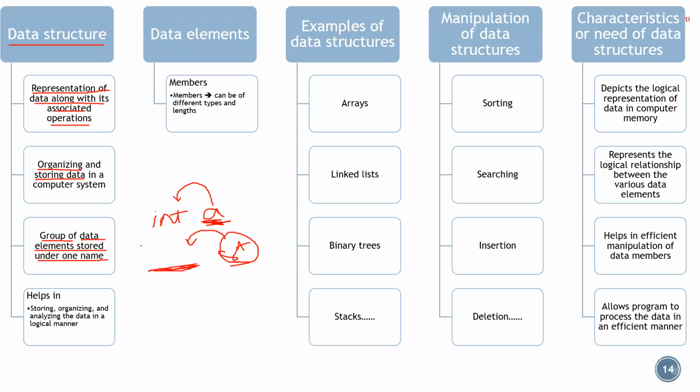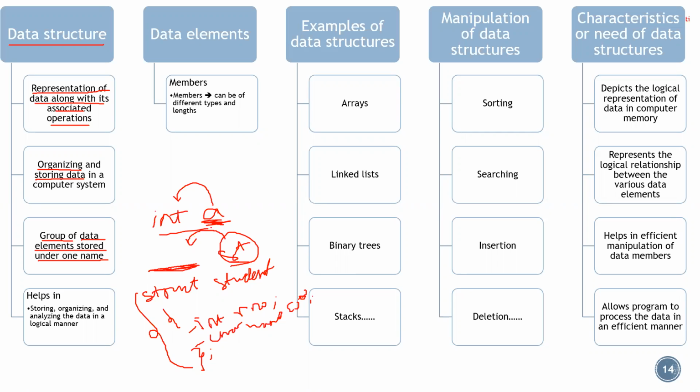We'll be having a group of data elements which are stored under a single name. Previously, if you remember, we had something written in this form: struct student, and then in the braces you had written all the things. Say you had roll number, then you had name. So these are the elements which are present. Now this is a user defined data type which is storing integer and character, that is a string elements together.